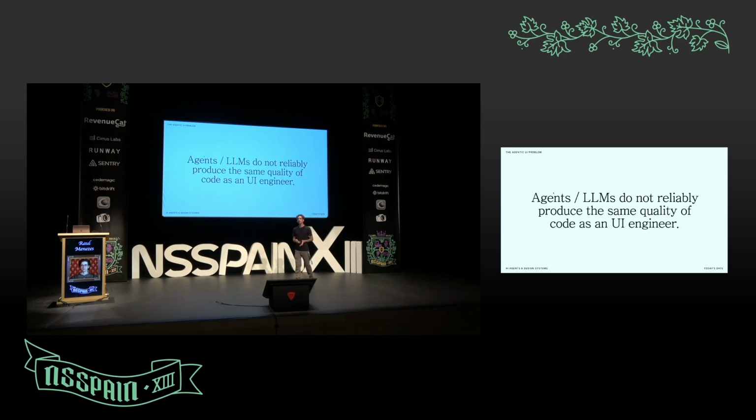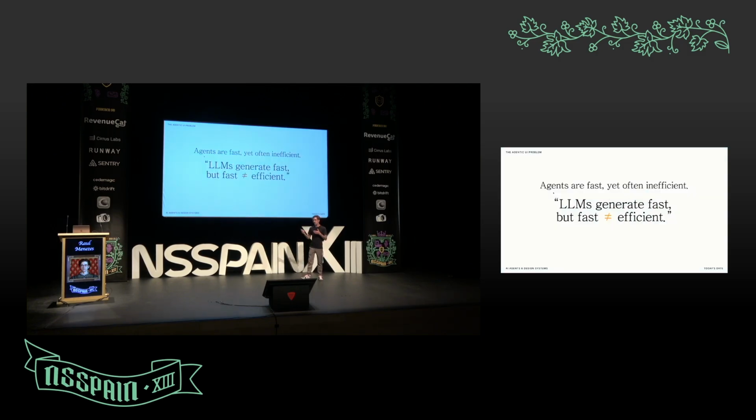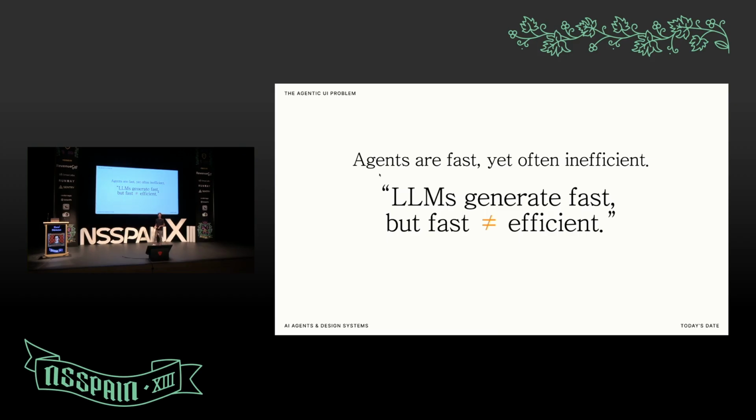But it still is not the same as a UI engineer, because as engineers, we have access to much richer data that allows us to process fast and deliver things that we believe are right. So we can detect things without actually having to prompt. So yes, we deliver fast, of course, with AI, because you just put a bunch of words and then you have it. But being fast actually is being efficient.